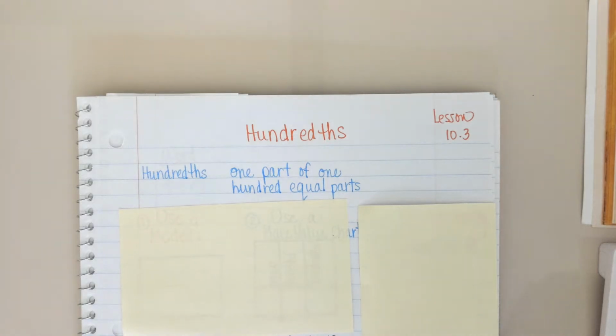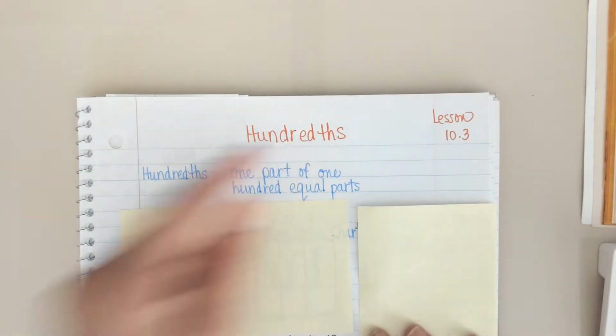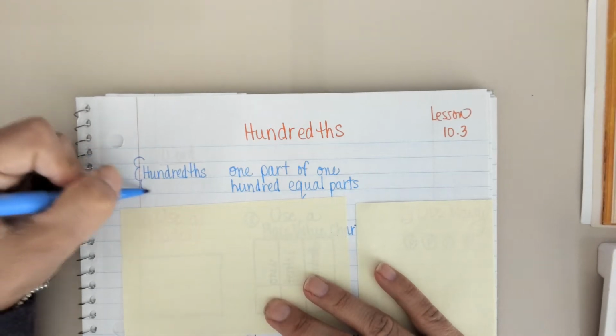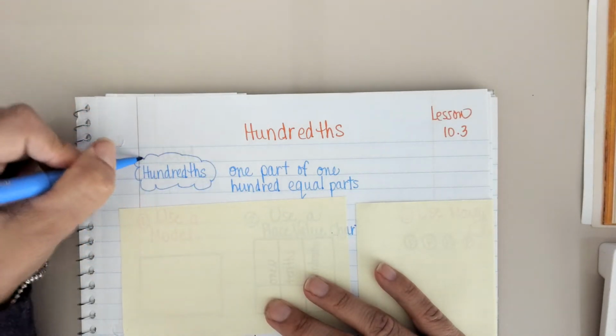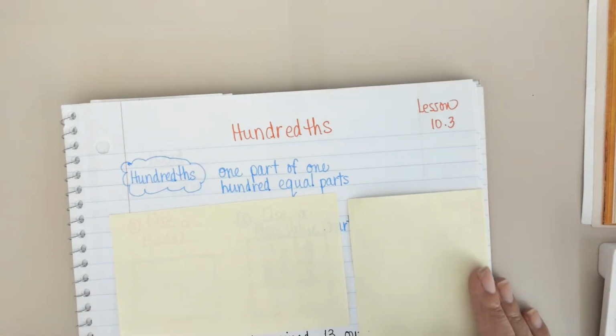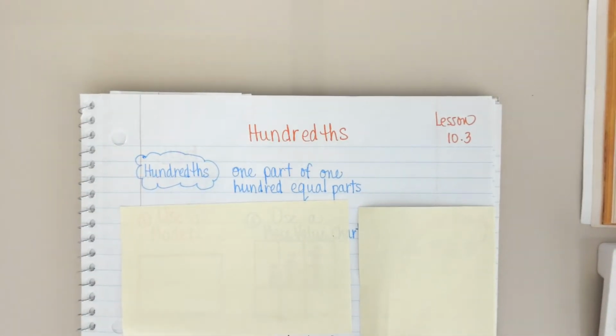Hey guys, today's lesson 10.3, really similar to yesterday, tenths. Well, today's hundredths. So your vocabulary word is hundredths, and the definition is 1 part of 100 equal parts. An example can be,